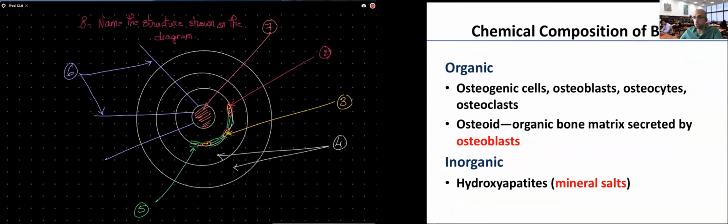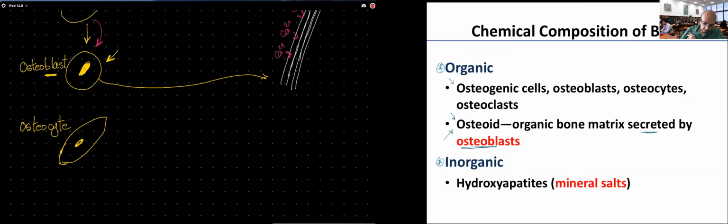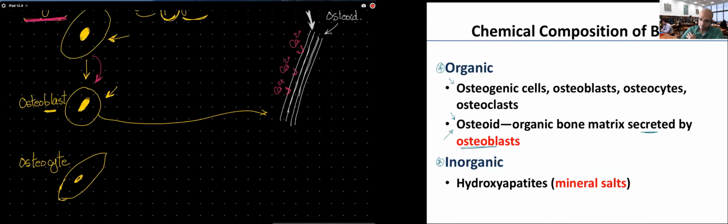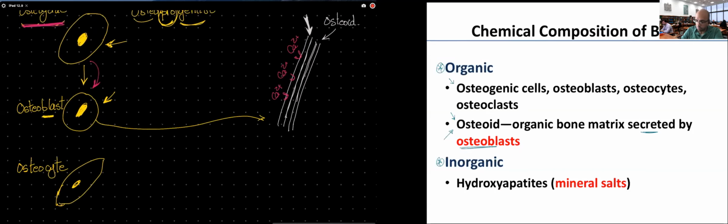Looking at the chemical composition of the bone, it contains an organic part and an inorganic part. The organic part includes the cells, which are my osteogenic cells, osteoblasts, osteocytes, and osteoclasts, as well as the osteoid. And the osteoid is the organic bone matrix that will be secreted by the osteoblast that has the ability to become calcified. If you remember when we discussed the osteoblast, we mentioned that it is going to be responsible to